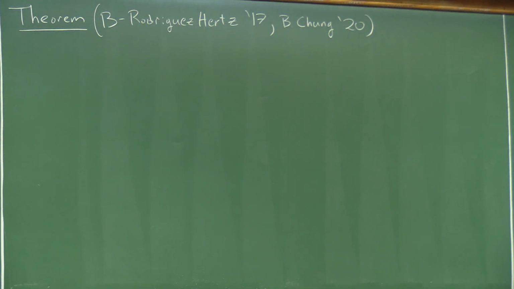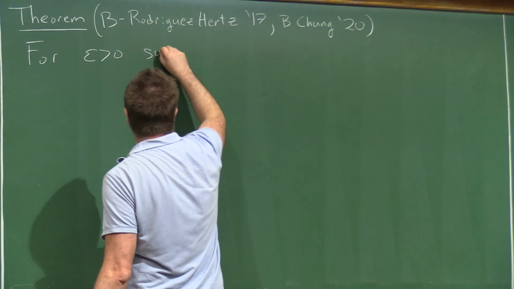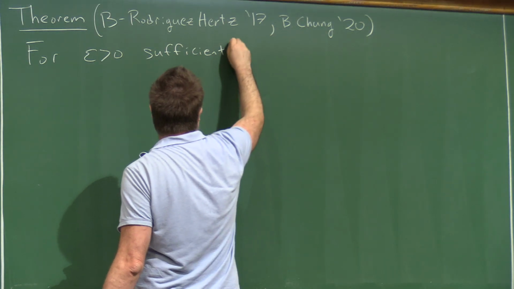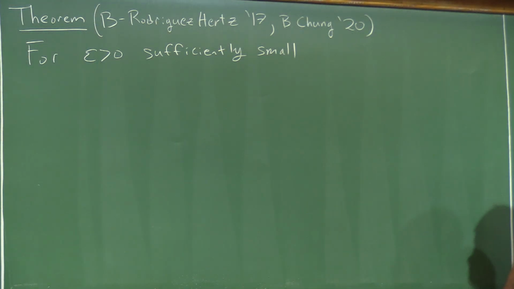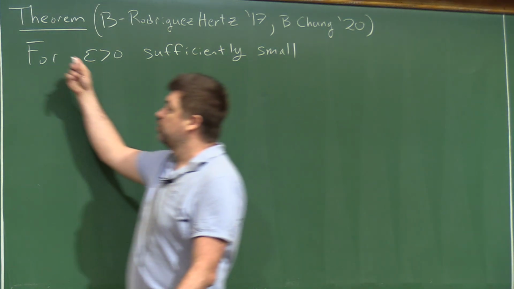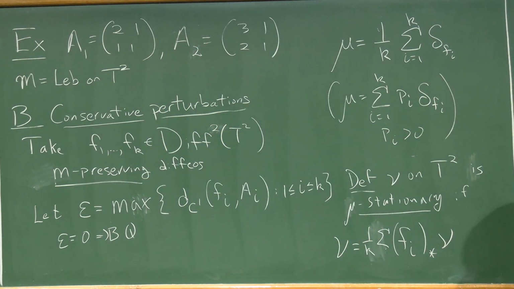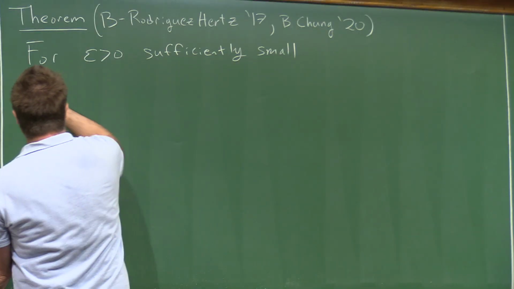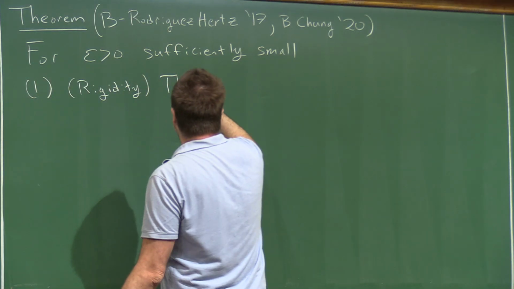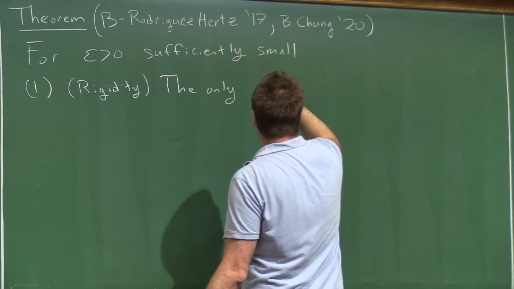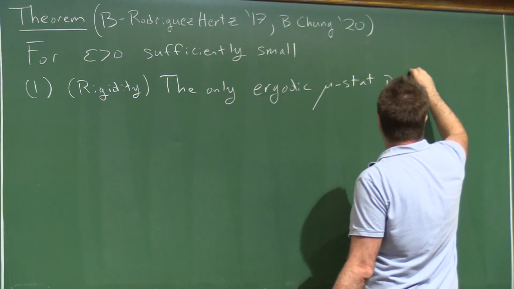So for conservative perturbations, what we can say is for epsilon positive but sufficiently small, so we want all of the generators to be reasonably close to what we started with. The size of the epsilon will depend on the weights, and it will also depend on the matrices you started with. But for epsilon sufficiently small, 1, we have some sort of rigidity, which says the only ergodic mu stationary probability measures